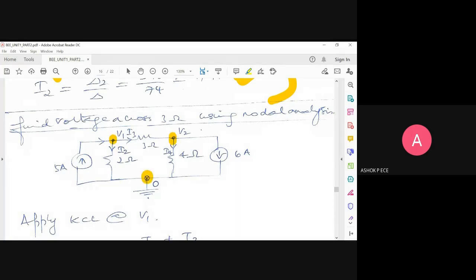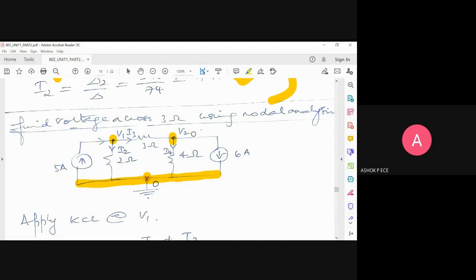And always by default, you will have a ground node. So this ground node will extend fully across the line. So everywhere it is ground only. Don't think that because I am marking it here, it is zero only here. It is everywhere going to be ground. So I have 2 nodes, so I will get 2 nodal equations. If I solve, I can find the value of V1 and V2.